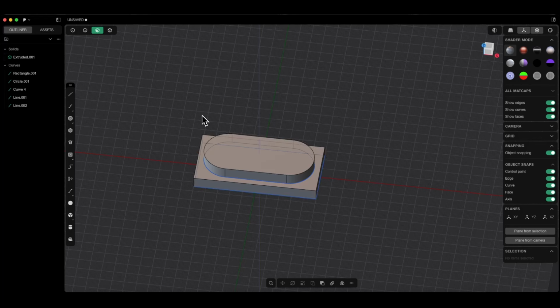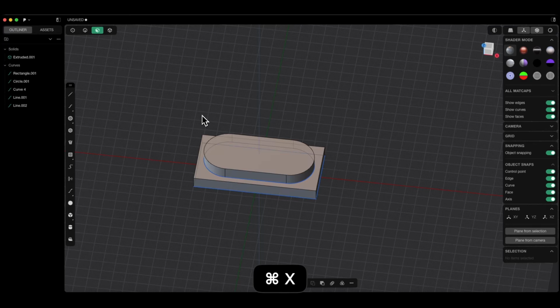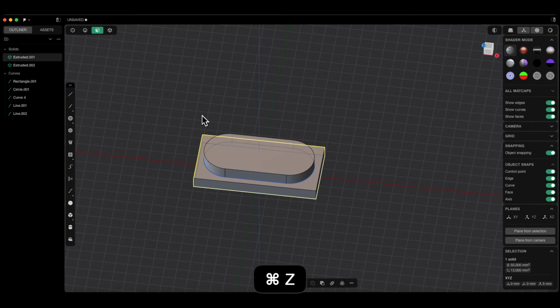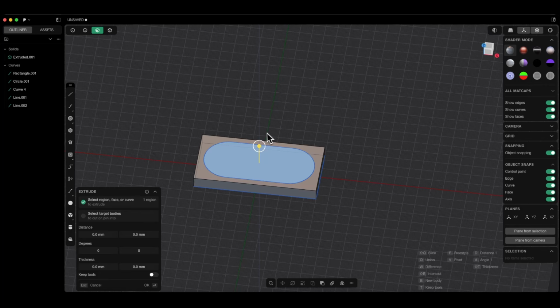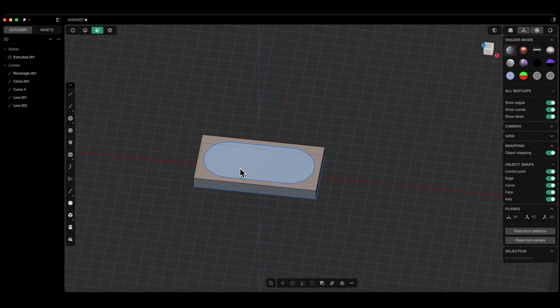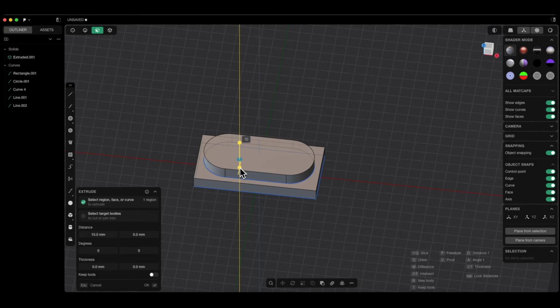Before finishing the extrude command, we can join this solid together. I will undo these operations. Okay. Select the geometry, press D, type 10 and hit enter. And then before you hit enter again,